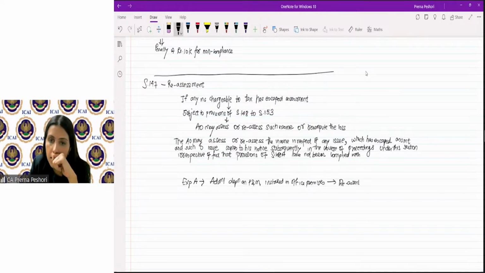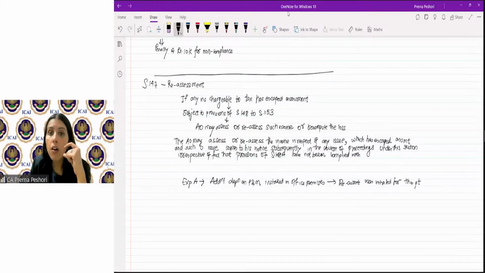Reassessment was initiated for this point. Now let's say during the course of the reassessment, it comes to the notice of the AO that there is another expense which is,